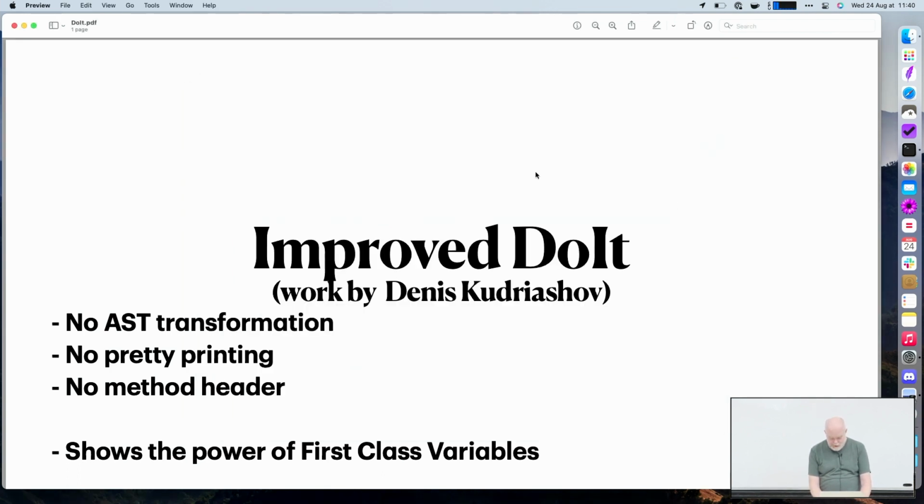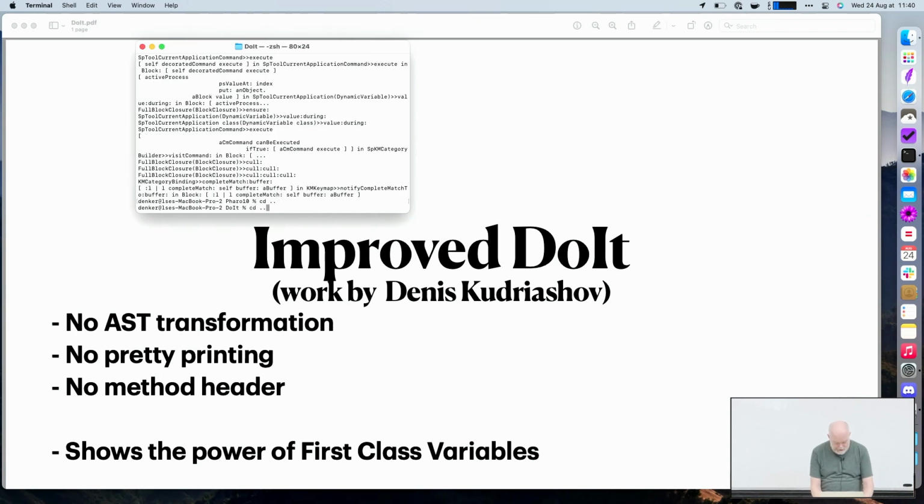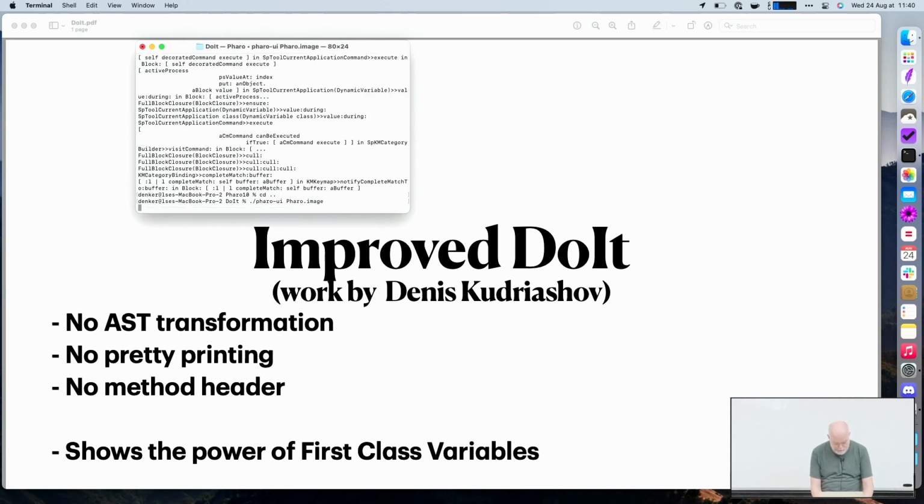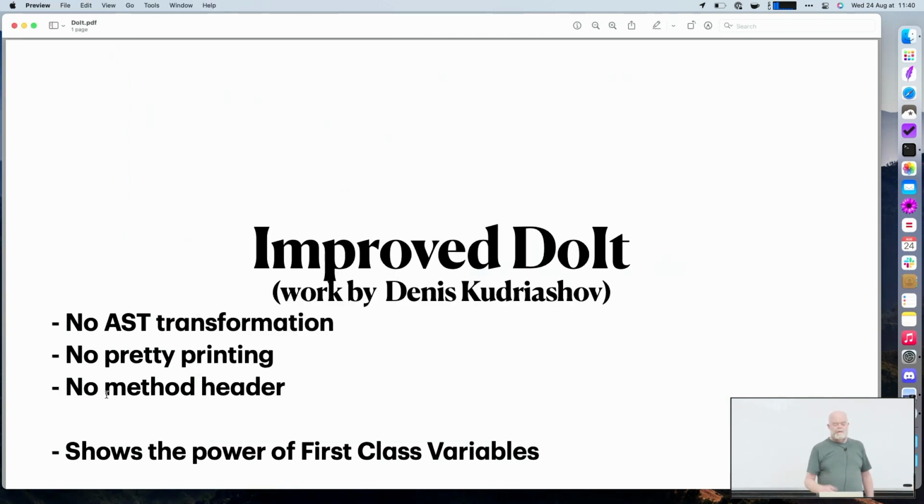So what he did actually is to use the power of our first class variables to make it better. So that means instead of transforming the AST for the variables, we don't do that anymore. We can use the variable name as it is. No pretty printing needed because the return transformation was removed,